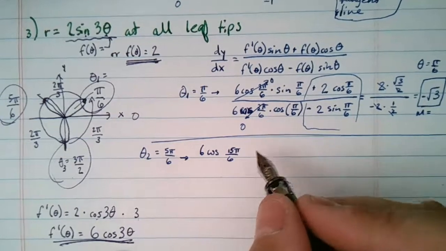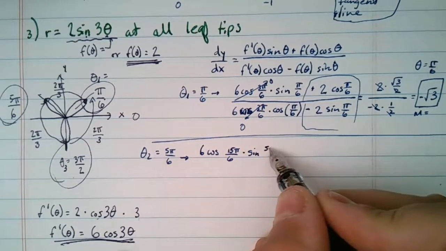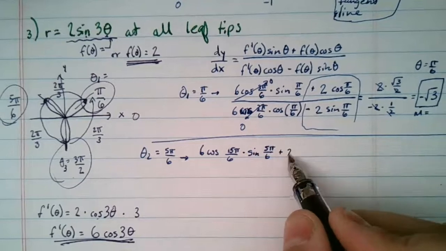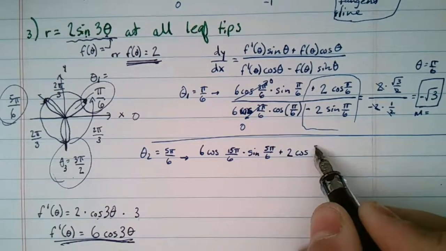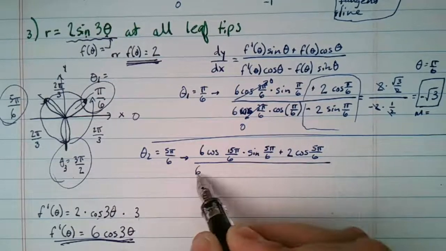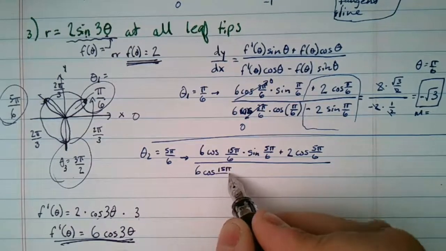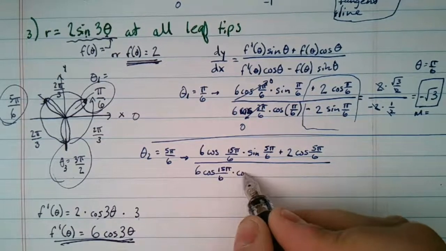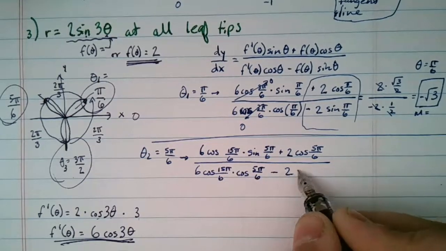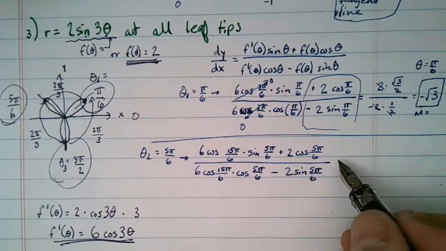That's a lot. Times the sine of 5 pi by 6 plus 2 cosine 5 pi by 6 over 6 cosine 15 pi by 6 times cosine of 5 pi by 6 minus 2 sine 5 pi by 6. Okay, now